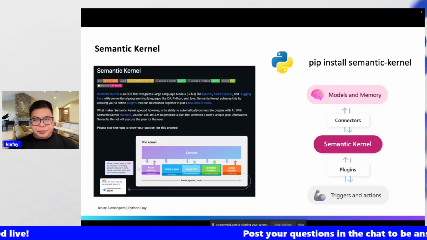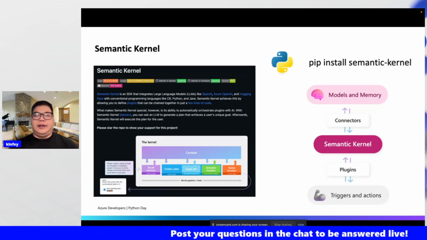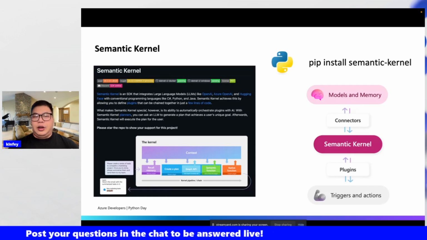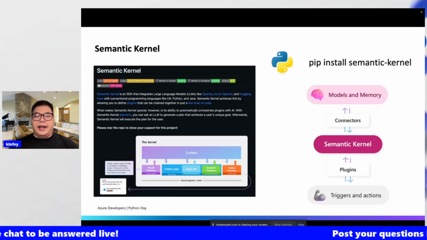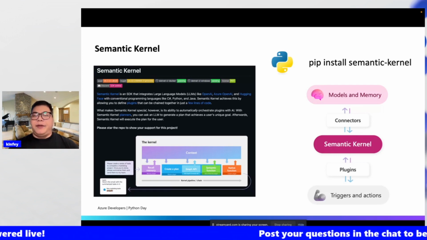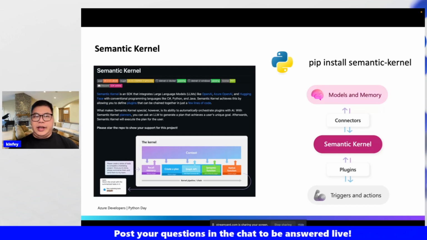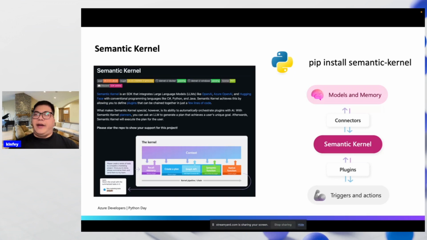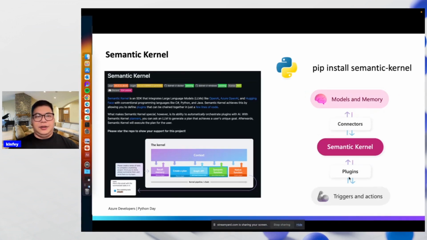Another point is that Semantic Kernel helps you not only focus on core memory or query plans, it can also connect the Graph API, functions, and native functions. I think Semantic Kernel is very easy in Python. I will show you how to use Semantic Kernel in Python.